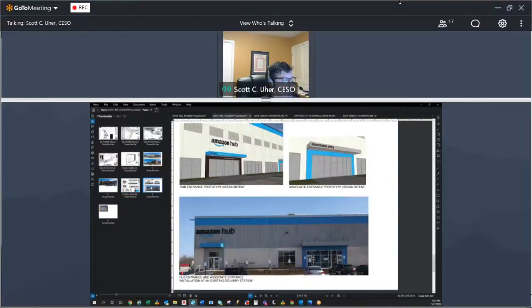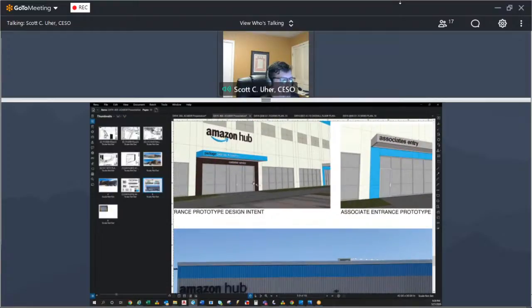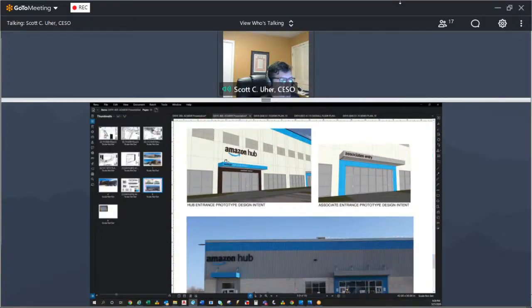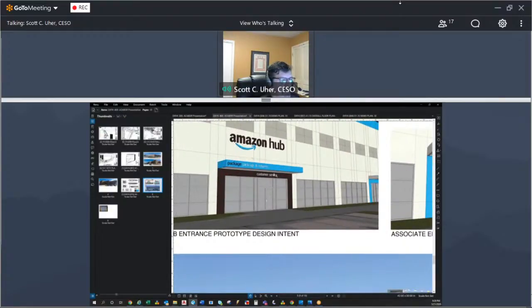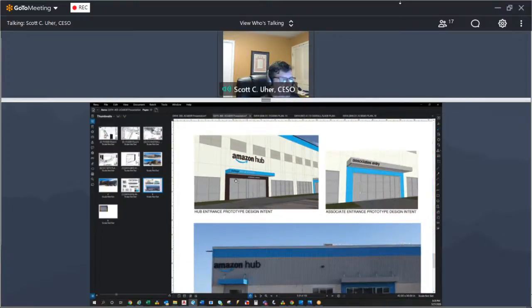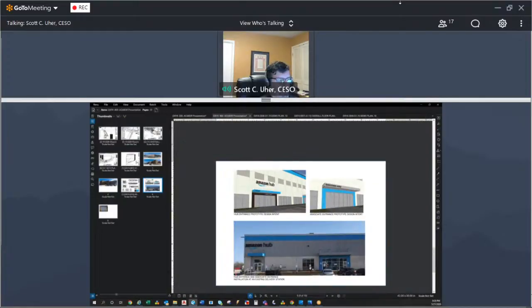Let me bounce to this for 1 second. This is essentially what this Amazon Hub feature looks like on their prototypical build-to-suit building. So it has that Midnight Dream that brackets the entrance, and then the prime blue canopy accentuates the entrance so that there's easy wayfinding. And we actually feel that these are important elements to draw attention to the entrances. So those are definitely items that we are pushing for approval on.